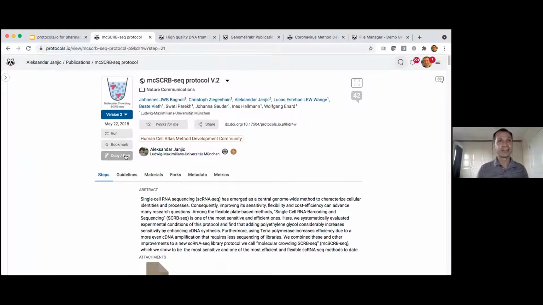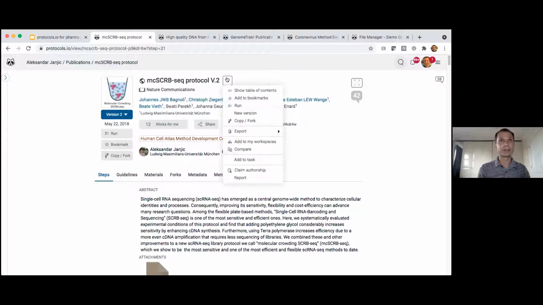And with a click of a button, you can make changes to it. You can edit the specific steps. Very often you might be forking your own protocol because, as I said, you are not making it better or worse. You're not necessarily improving it, but you are capturing the variation in the technique, depending on the cell line that you're using, depending on the tissue, right, and the approach. So everything sort of serves as a template, and the same compare functionality applies not just to versions, but to forks as well.